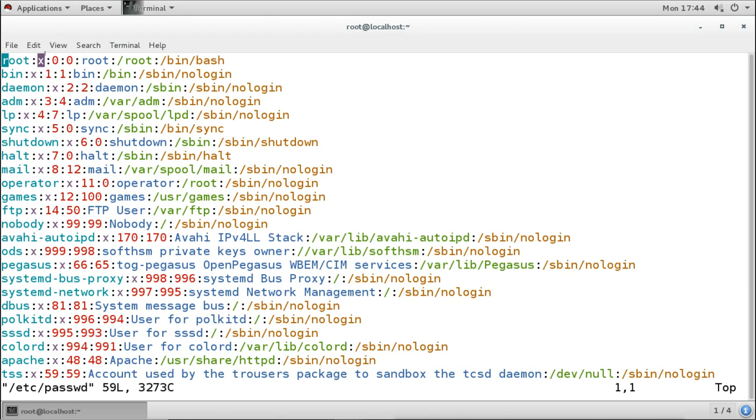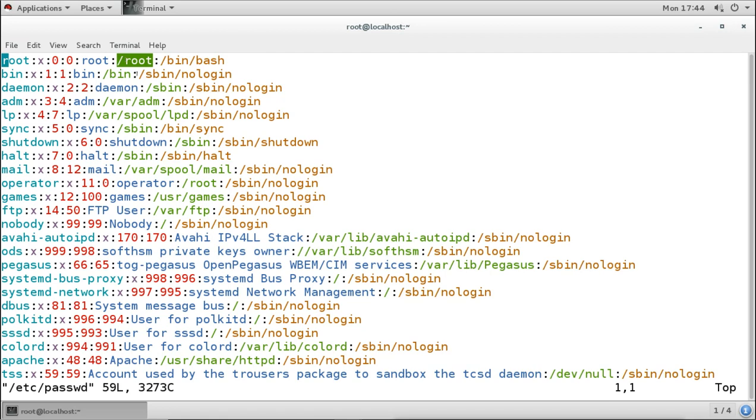And then this is the UID of this user, and this is the GID of the primary group of this user. Now this is the root user, and we can see the UID is 0, and the primary group's GID is also 0. And this is the additional information. It states that this is the root account, and this is the home directory. Remember, root user has a separate home directory, that is /root. A normal user's home directory will be under /home, but root user's home directory is under /root.